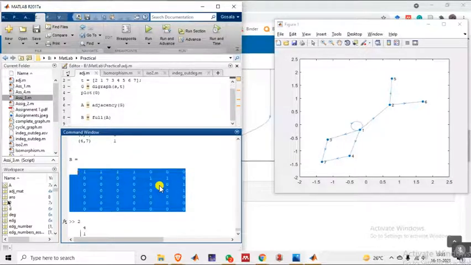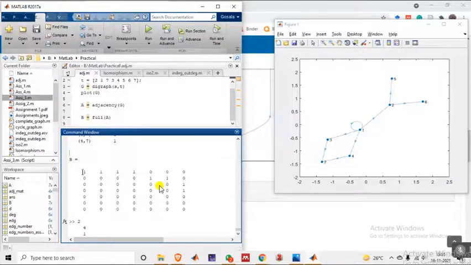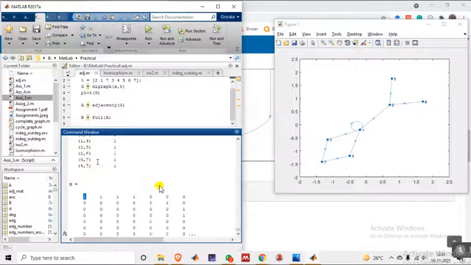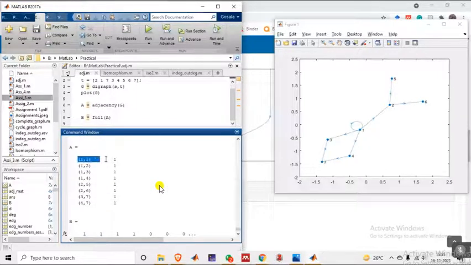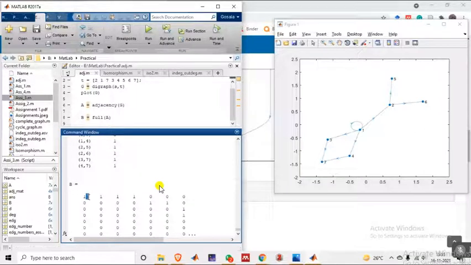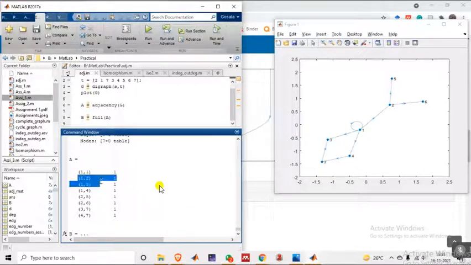Here you can see that there is a loop at 1 cross 1, it is going to itself. So the first value says first row and first column. It is not indexed here, but first here you got the value 1. That means 1, 1 is 1. And as you see here, 1, 1, the value is 1. So that first value has come here. Similarly, 1, 2, 1 is there because there is an...